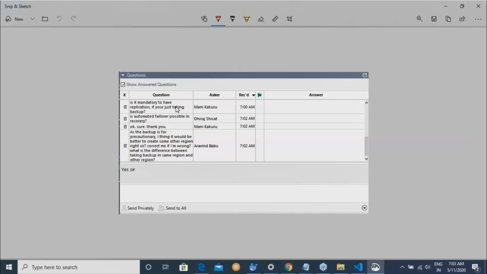It is better to have backups in the local region, and in the case of any failures, Microsoft will handle it for you. Whatever you are trying to tell, Arvind, is correct if you are doing it in your office, because you don't have any SLAs. Here Microsoft is offering you SLAs.